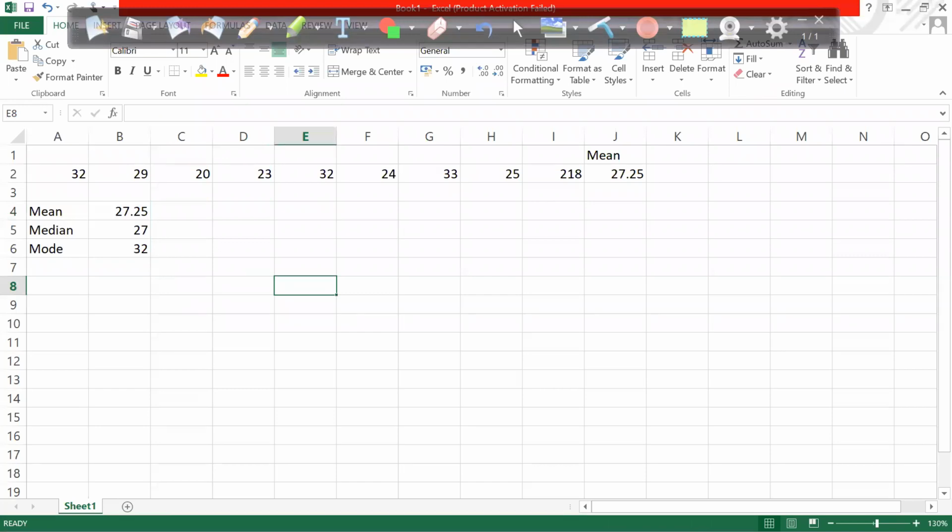Now with this concept, we'll try to solve some bimodal data. There is a question that if we have bimodal data, then the mode will be both the numbers. That is why it is known as bimodal. It has two modes. If it has three mode values, then trimodal. Then it will be all those numbers. That is why we gave the name bimodal.